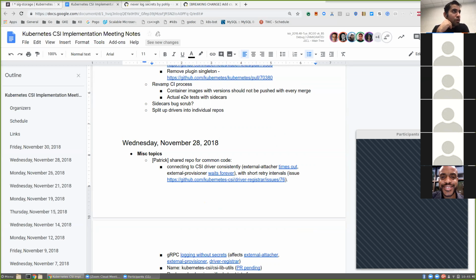You could start with just the host path one because that's the one that we care about the most. And you could in fact do it without even having a shared library. You could just copy their code and then do the shared library part later. Then you have the host path in its own repo, and we can do a special release for the host path driver. And then we can do the same thing for the rest of the drivers as well, and then deprecate the drivers repo.